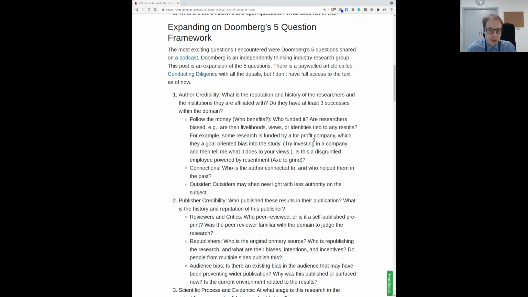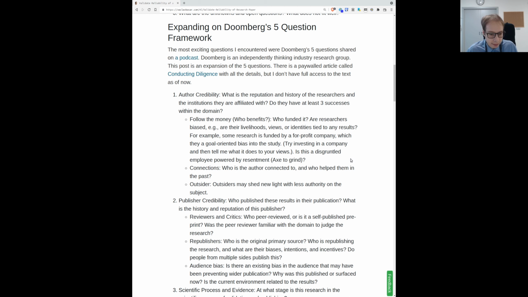If the research is funded by a for-profit company, this, for example, could happen in domains like the supplement industry. This can also happen in nutrition and so on. So is there some goal-oriented bias